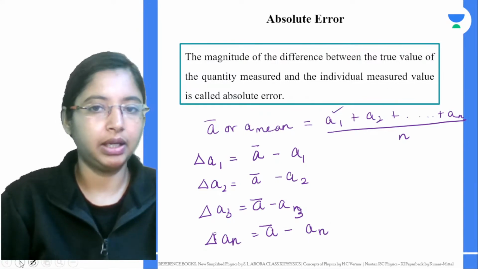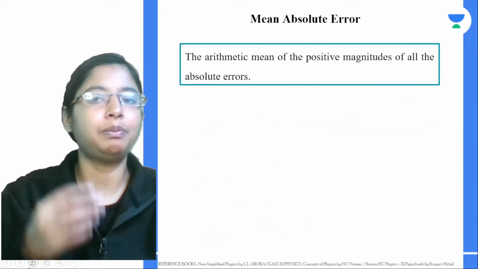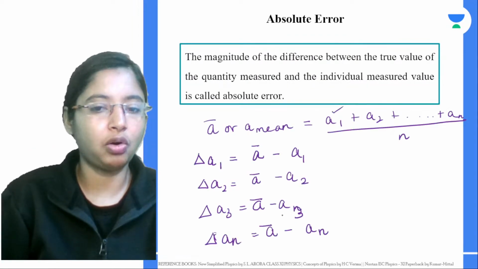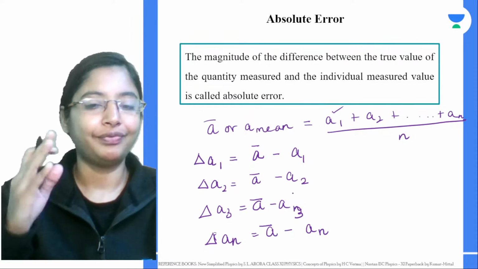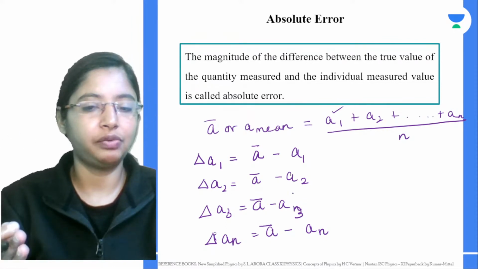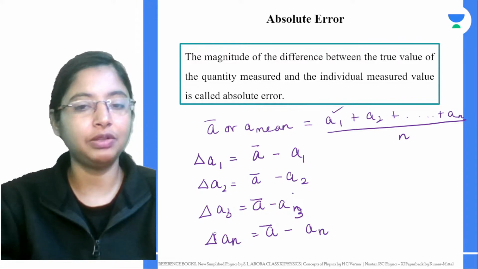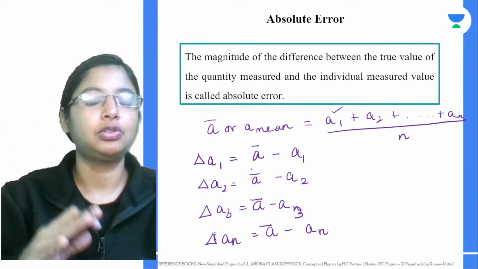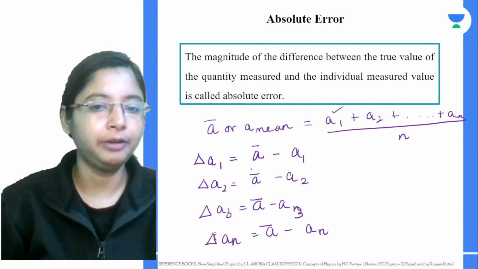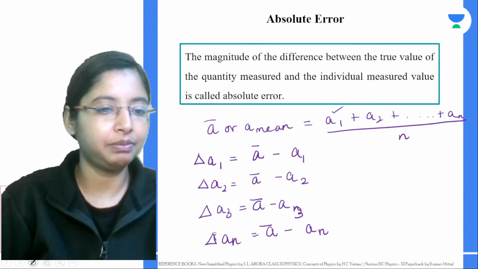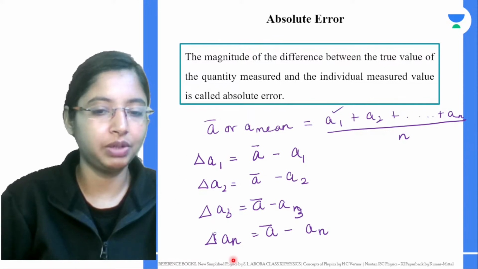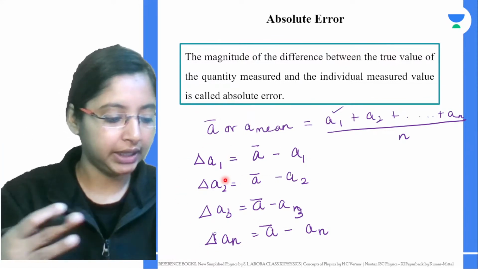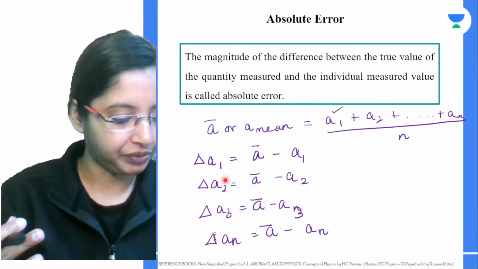Next is what your mean absolute error is. Now you've found the absolute error for all of these values. When we learned about random errors, what did we learn? We learned that they could be positive or negative. So when you're finding the mean absolute error, you are finding the mean of all of these values, but since these values could be positive and negative,